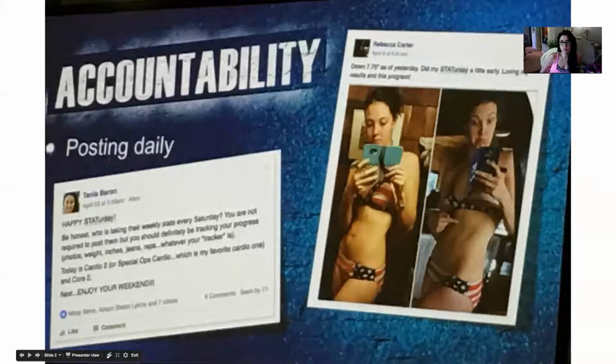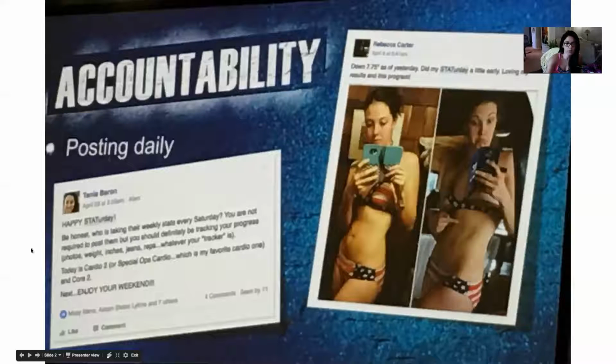In challenge groups, the biggest thing with that is accountability. People could try PiYo, 21 Day Fix, Hammer and Chisel by themselves all they want, and it's statistically shown that when you are part of a group and you have group support and you're held accountable, you're going to get better results. So posting daily is all a part of the accountability. When things get stale and super quiet and all you hear is crickets in challenge groups, those people that aren't participating, I could assure you that they are not doing what they need to be doing, and they're not going to be getting the results that they want to get.